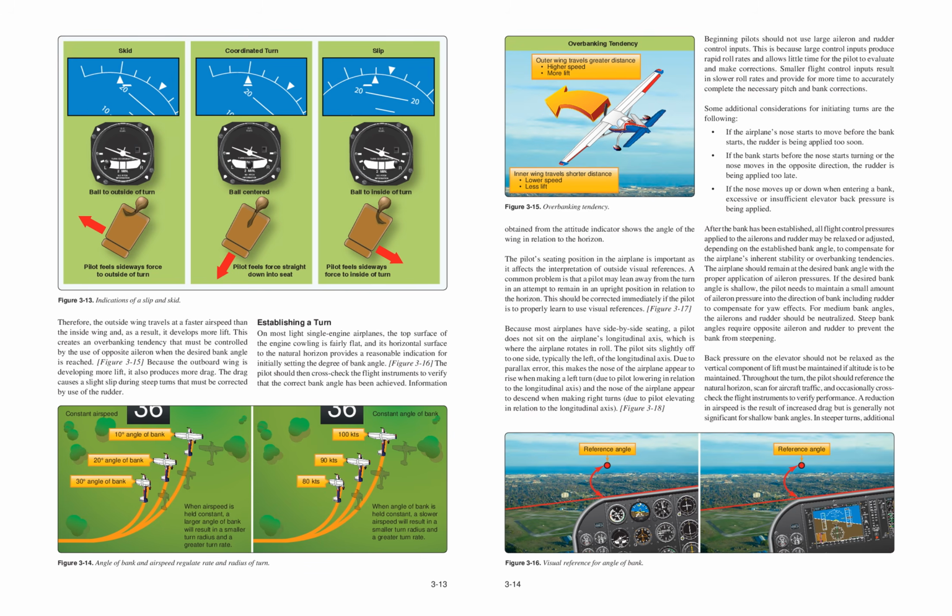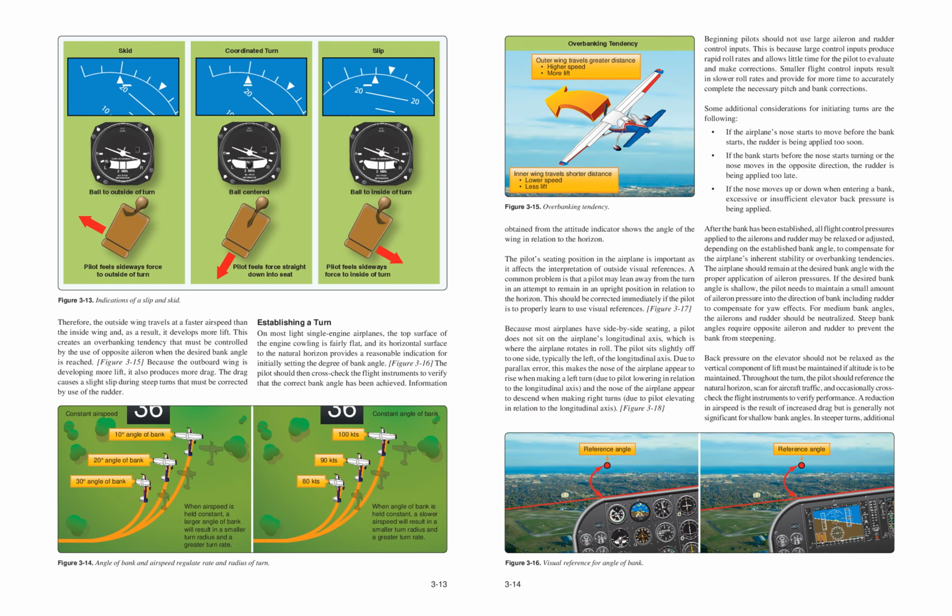If the airplane's nose starts to move before the bank starts, the rudder is being applied too soon. If the bank starts before the nose starts turning or the nose moves in the opposite direction, the rudder is being applied too late. If the nose moves up or down when entering a bank, excessive or insufficient elevator back pressure is being applied. After the bank has been established, all flight control pressures applied to the ailerons and rudder